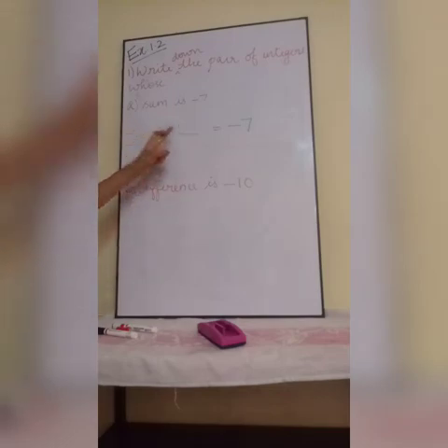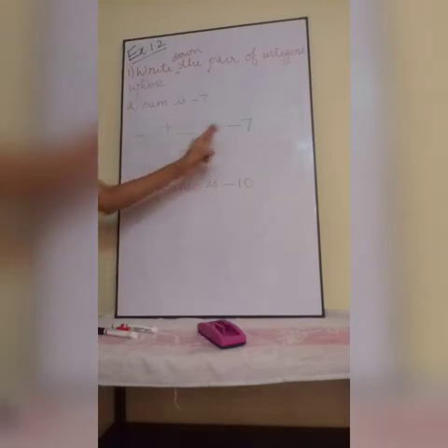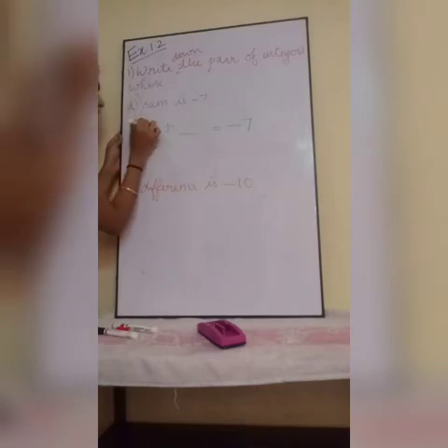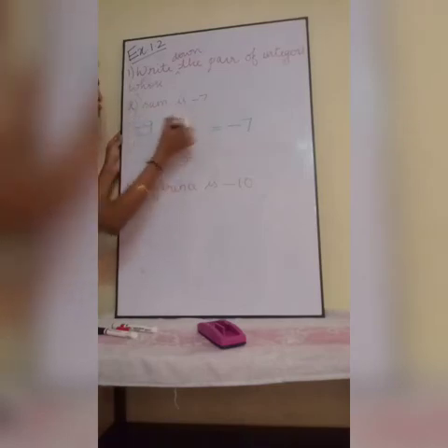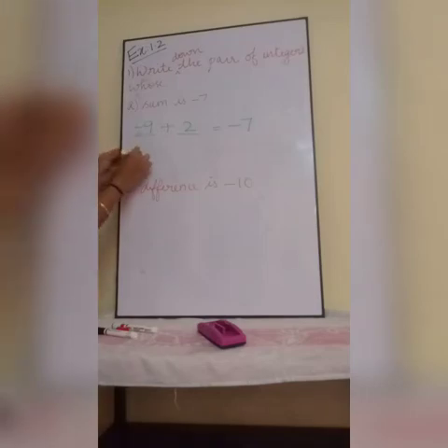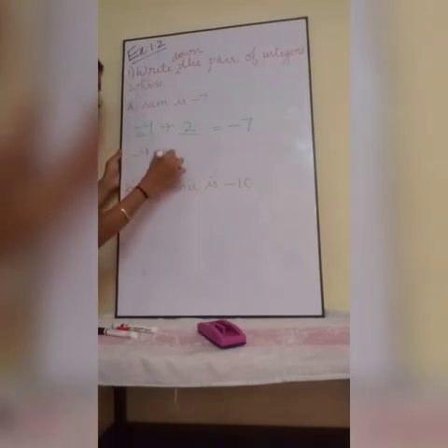So you are going to add two integers and my answer should be minus 7. So can we put any integers? Your answer can be different. Okay, so how can we add any two integers and get minus 7? Here, minus 9 plus 2. Can we do it? Because minus 9 is one integer, 2 is one integer.